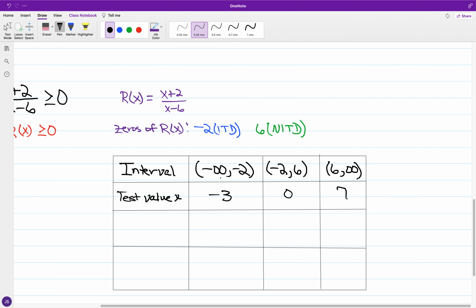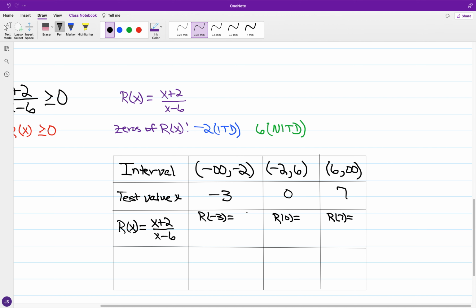Anything greater than 6, we'll just go with 7. So for what we have in the case of r of negative 3 and r of 0